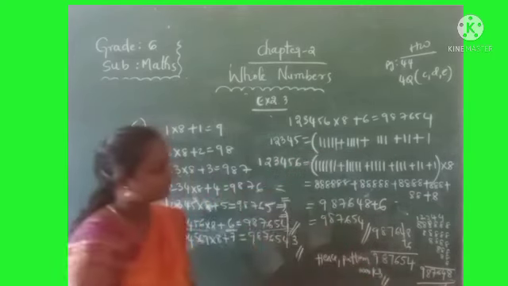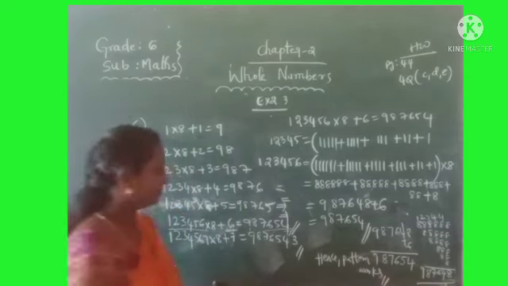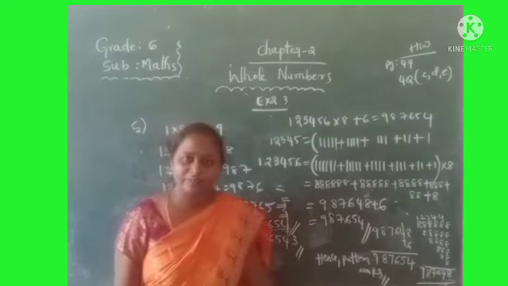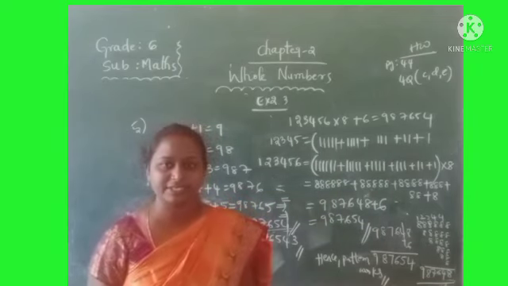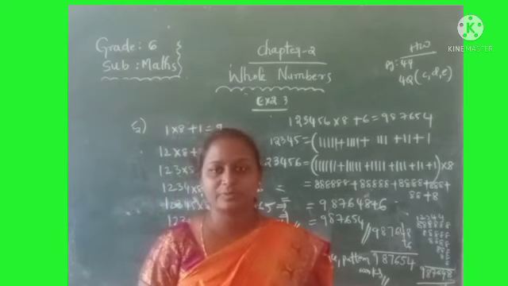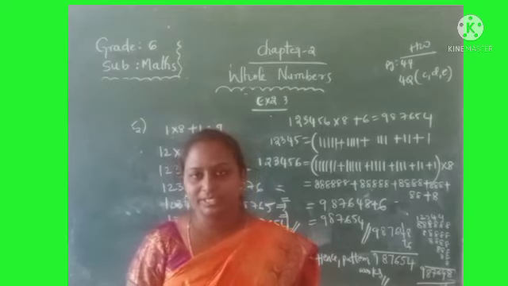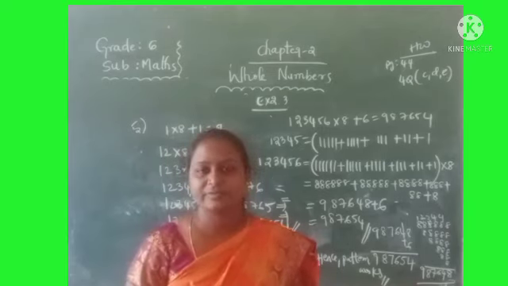Okay children, so this is the total information about the pattern in whole numbers, and up to now we have completed the whole numbers chapter. In this, 3 exercises are there, 2.1 to 2.3. Everything I have covered. Once again you have to go through from the starting topic till now. Okay. Still if you have any doubts